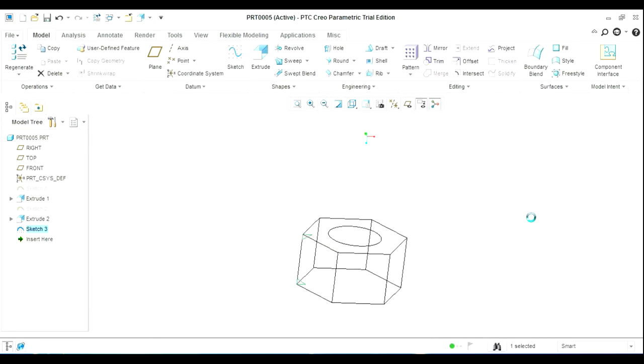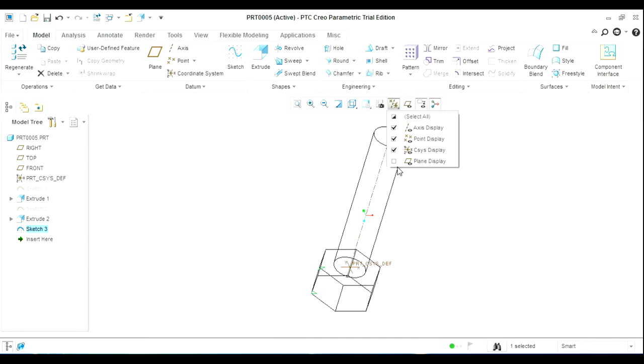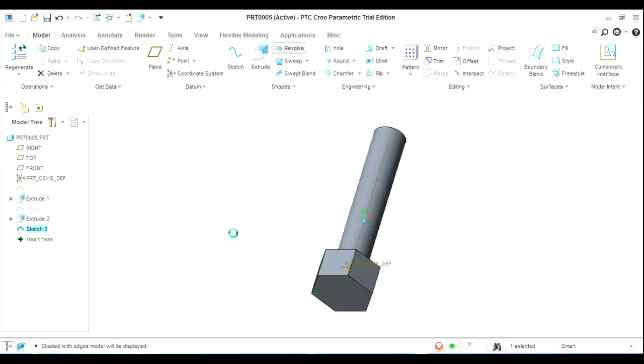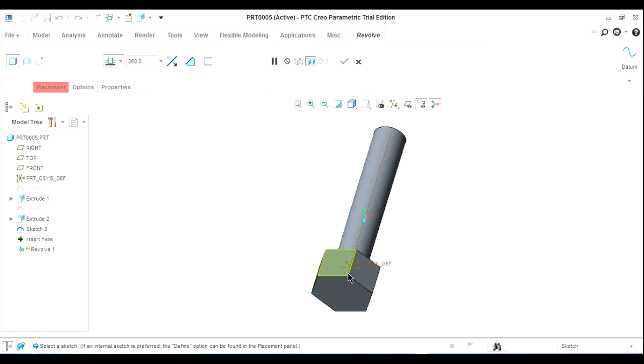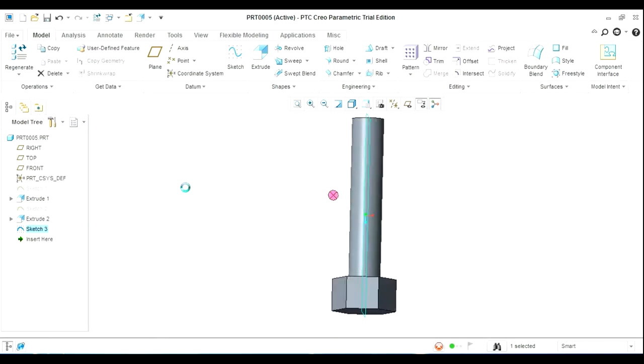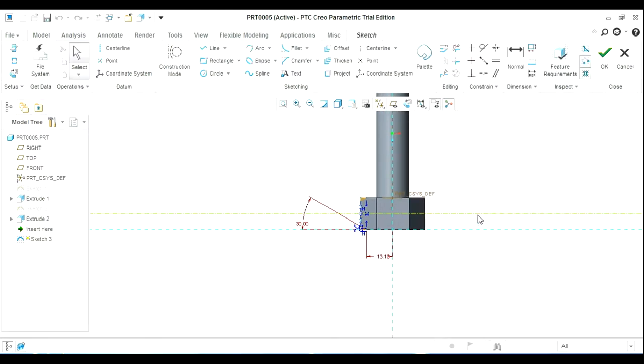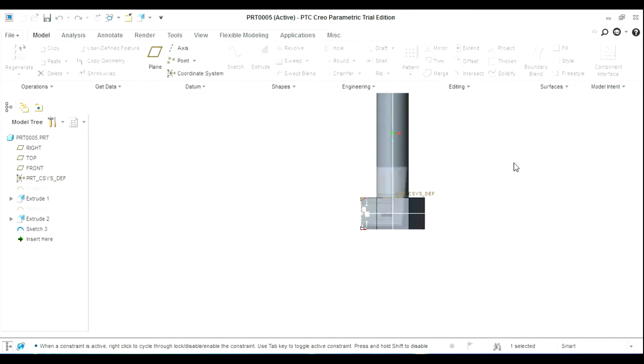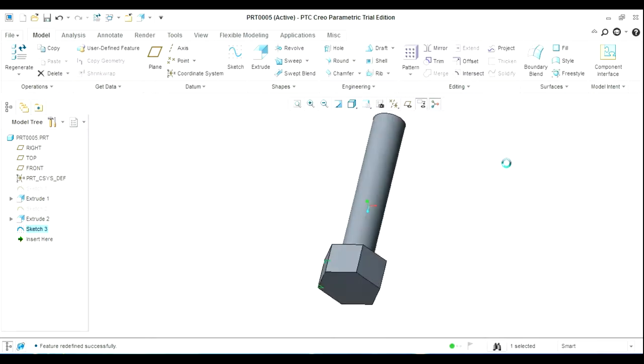Accept the sketch from the shapes group. Take the revolve tool. Since it's a revolved chamfer, take the revolve command from the shape group. Select the axis of revolution for the sketch. But as you can see on the drawing, the software is not able to select the axis of revolution. That is because if you note in the sketch, we have used a center line which is not the axis of revolution.